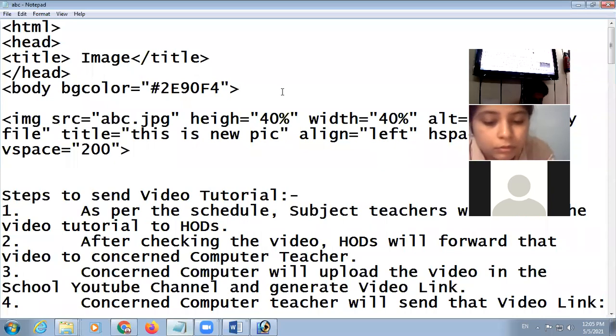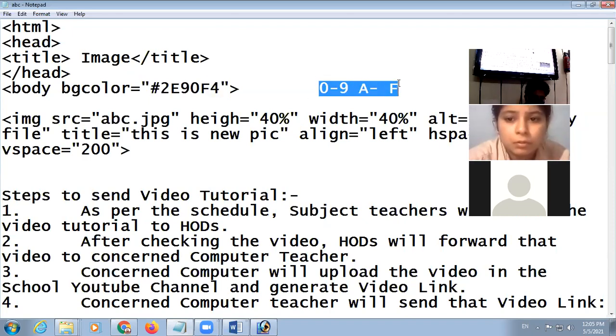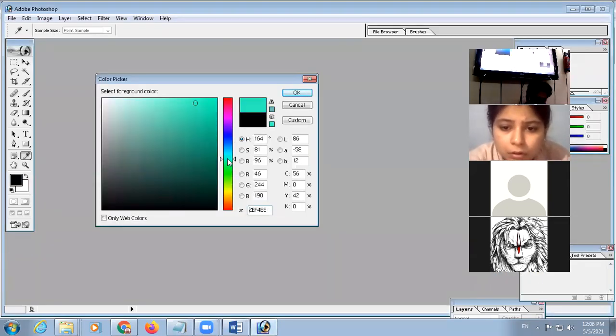The hexadecimal number system has 16 digits: from 0 to 9, and then A to F. Total 16 digits are there. So the first two digits are for red, the next two are for green, and the last two are for blue, RGB. So in Photoshop there are different color codes. We can copy these color codes.